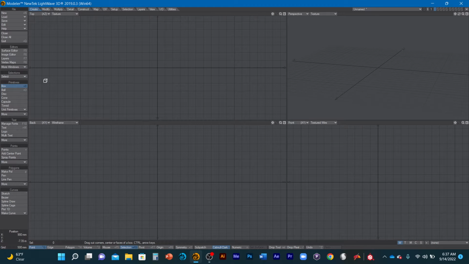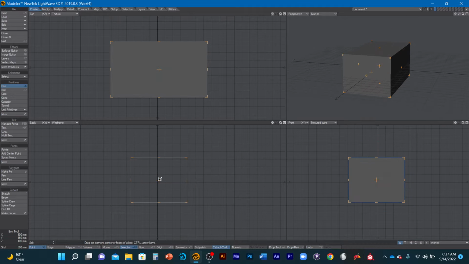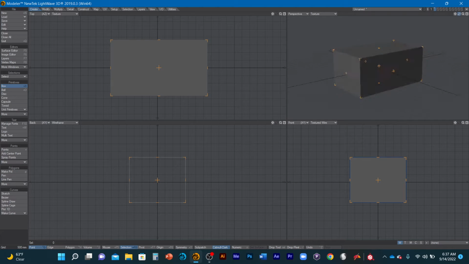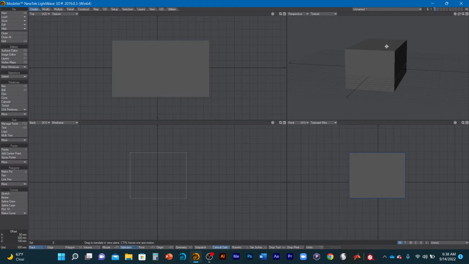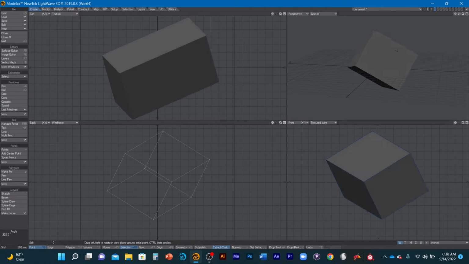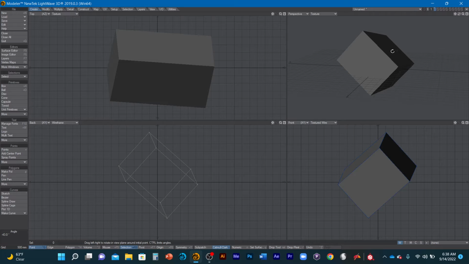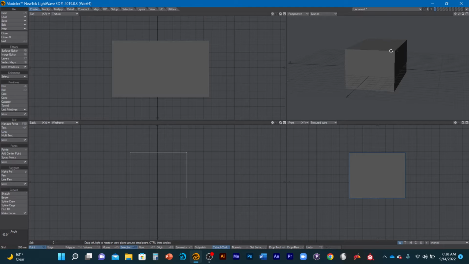When you create a box, remember if you go to the steps, you can navigate by holding this. The keyboard shortcut to move is T. You can move an object, and to rotate is Y. So you can see that you can rotate. So remember, in your keyboard shortcut, it is T for move